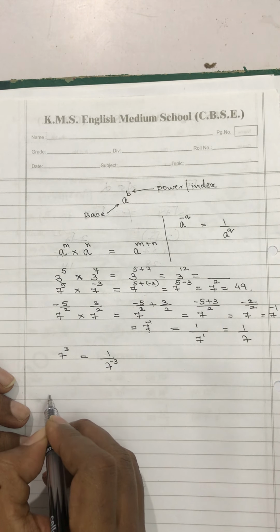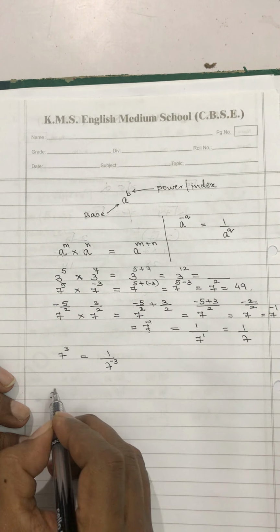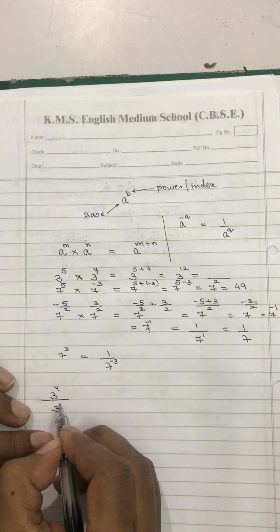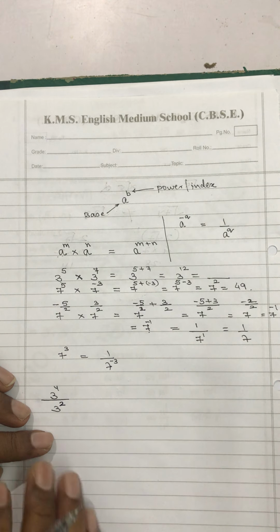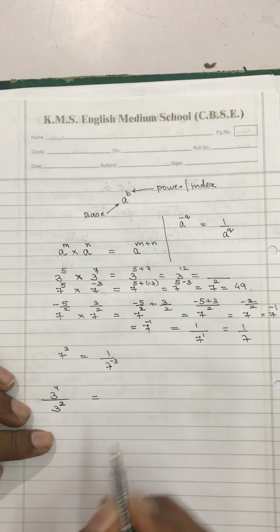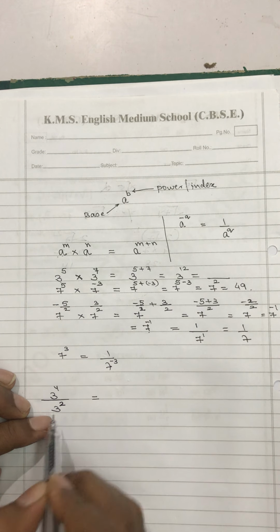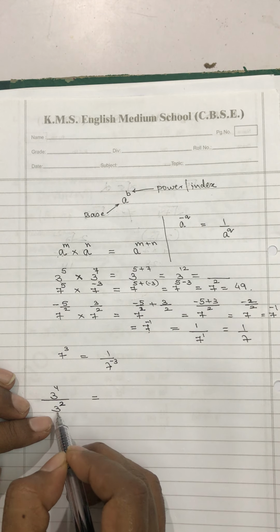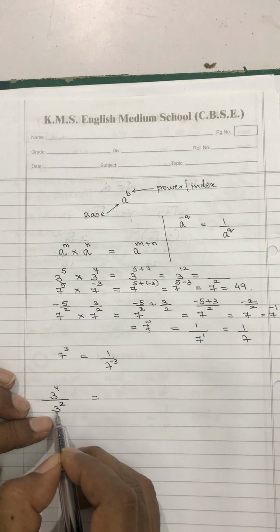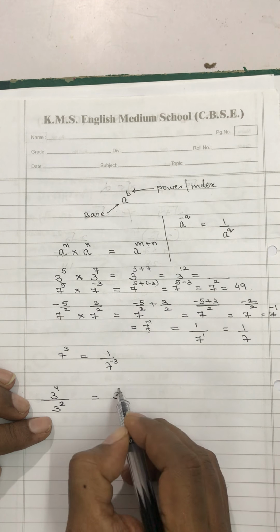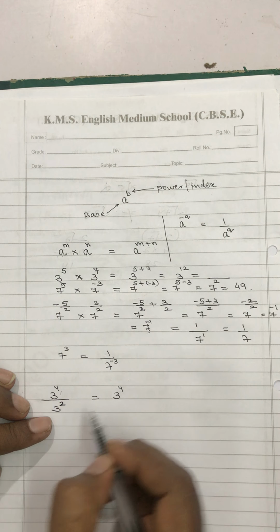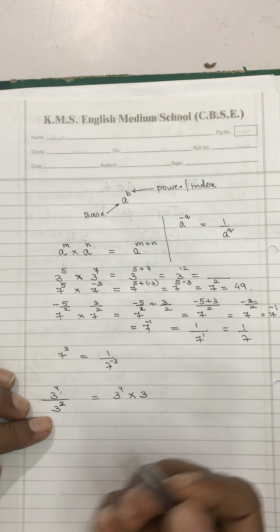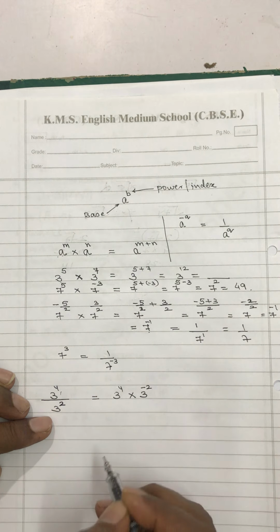Supposing if I have got 3 raised to the power of 4 upon 3 raised to the power of 2. Actually, this can be solved in multiple ways, and there is another easier law to apply, but still I am just showing you. If I shift this 3, which is 3 square, if I shift this base up, 3 raised to the power of 4, it will shift up, it is dividing, it will become multiplied by 3. Now this 2 will change its power, it will become minus 2.